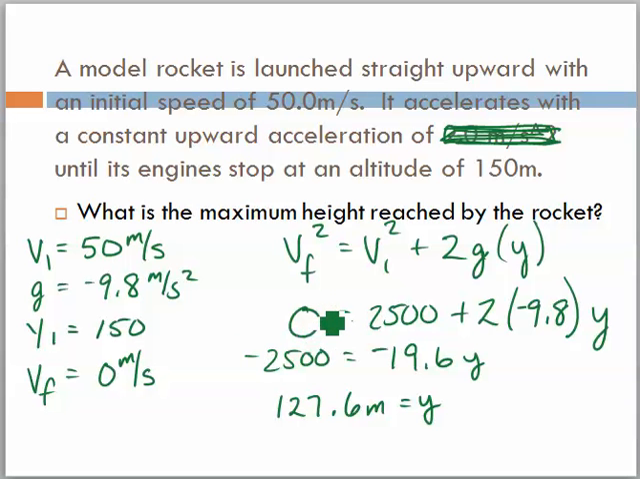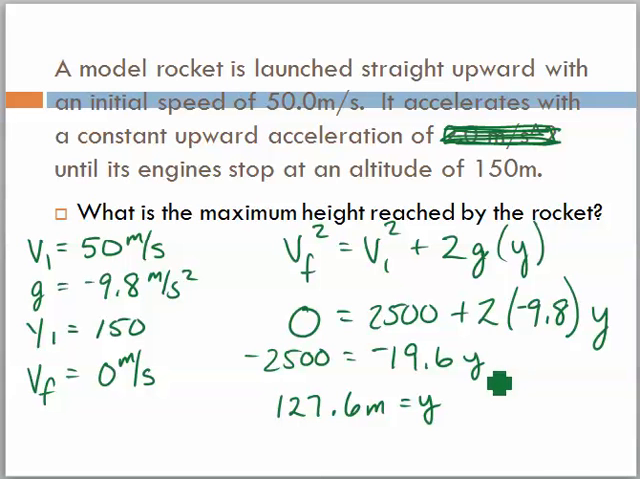in as 0. Because when the rocket finally stops, when it gets to its maximum height, the rocket is going to no longer be moving up. Because if it's still moving up, it's not at its maximum height yet. So I'm going to put 0 in for its final velocity. Its initial velocity at that 150 meter mark when the engine stopped was 50 meters per second. We have 2 times g, which is 2 times negative 9.8,